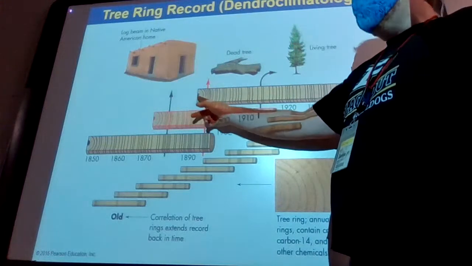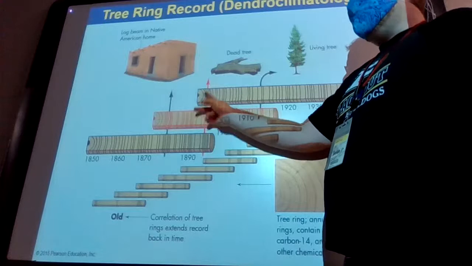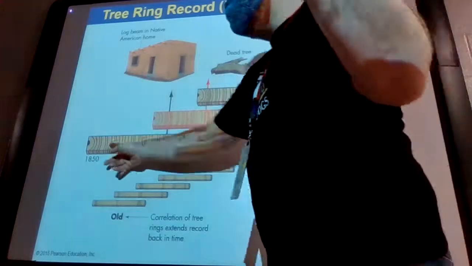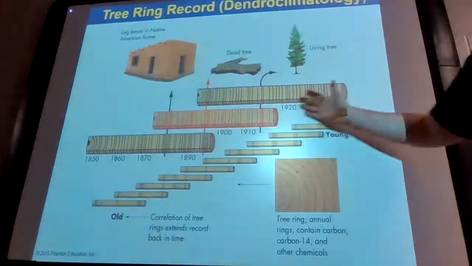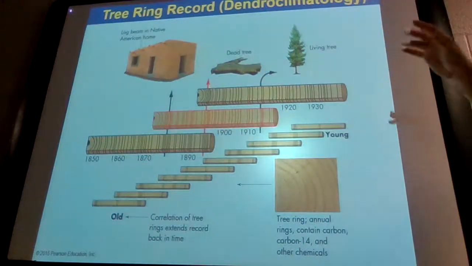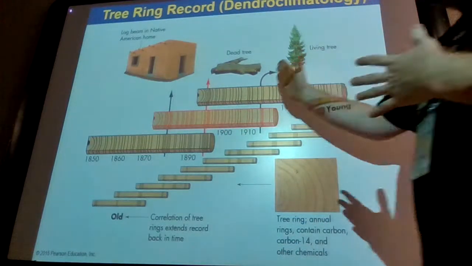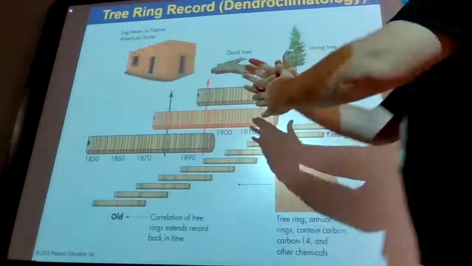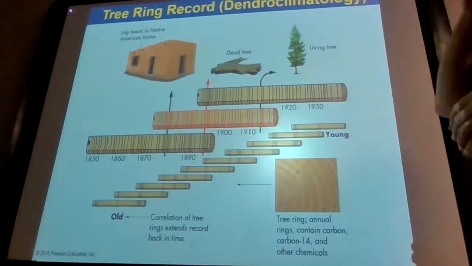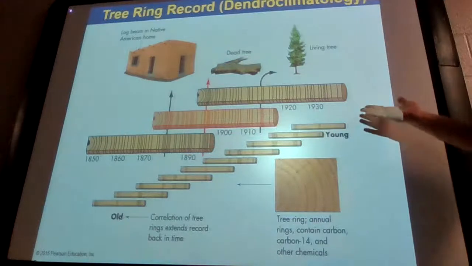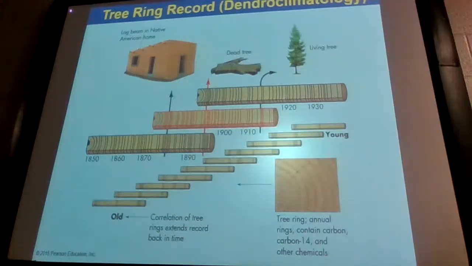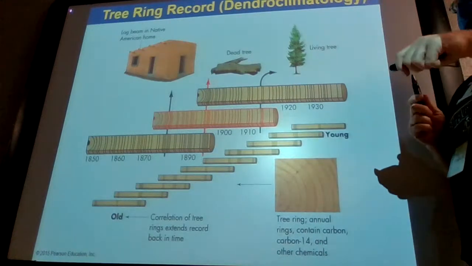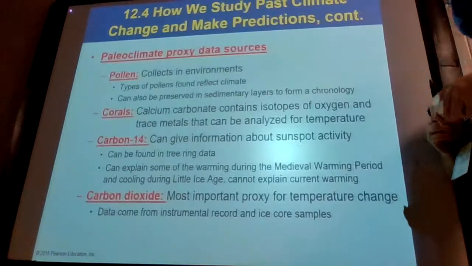So right when the tree was born, right near the core, this event happened. I can find another tree where this event happened towards the end of that tree's life. And so almost by making a mosaic picture or a panorama, I can line up these different events and get a bigger picture of the timeline. So they show it here with three. If you get a bunch of different trees, you can get a very long timeline and build this entire history of dendrochronology. So they use a little bit of everything to try to build this timeline.